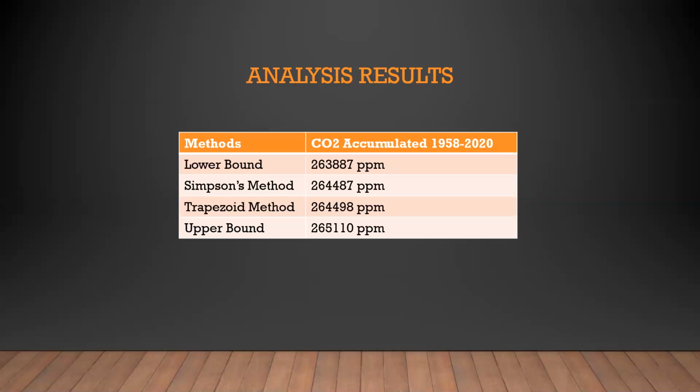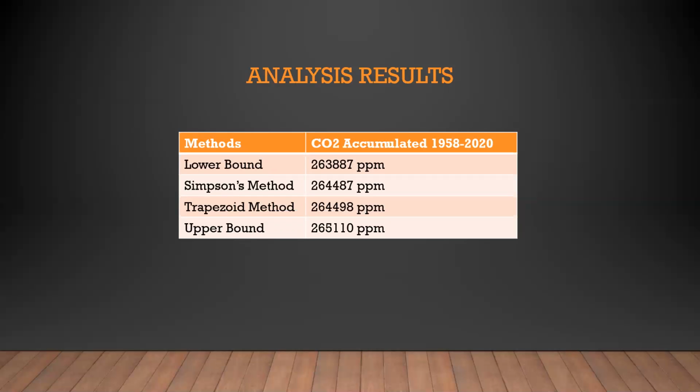With that, we ran our algorithms and methods to produce the results that gave estimations of essentially the integration over the time period that we have from 1958 to 2020. As expected and glad to see, our lower bound is our lowest result. That gives us roughly 263,887